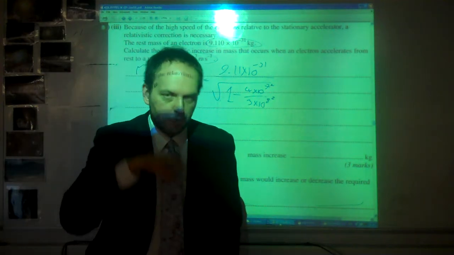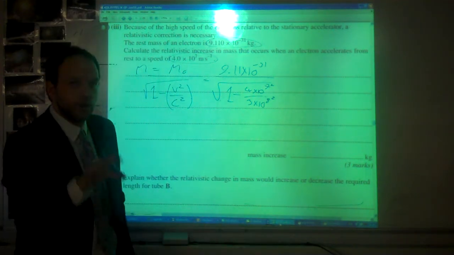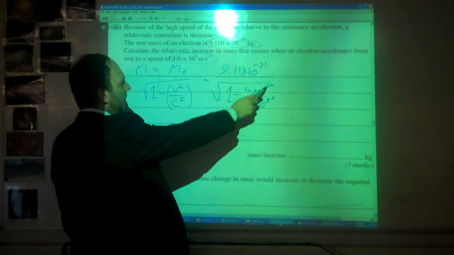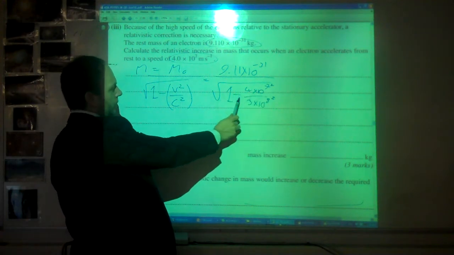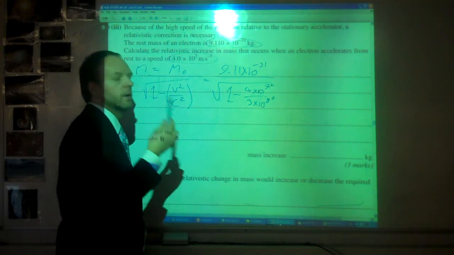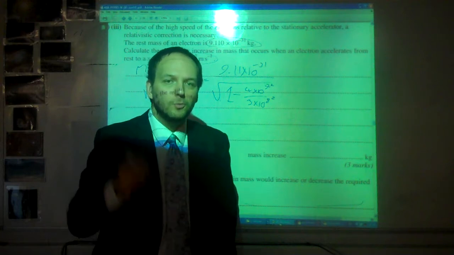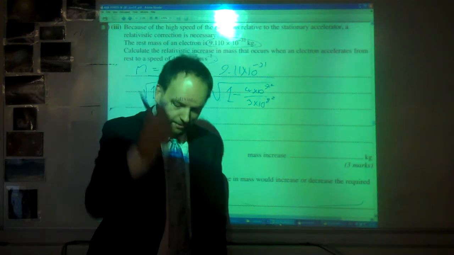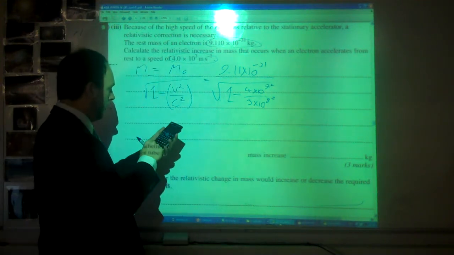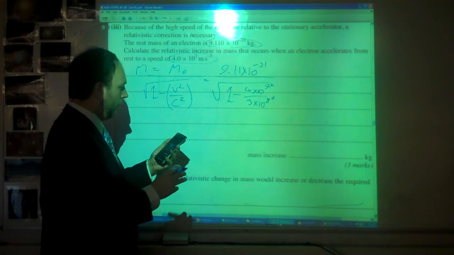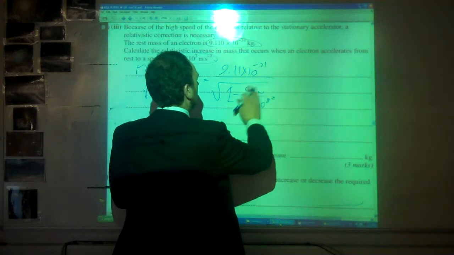This is more true than any other topic or any other type of question, one step at a time. You've got powers, you've got squares, you've got divides, you've got minuses, you've got square roots. If you put it in a calculator and just randomly press equals, you will get it wrong, one step at a time. So 4 times 10 to the 7 squared is 1.6 times 10 to the 15,